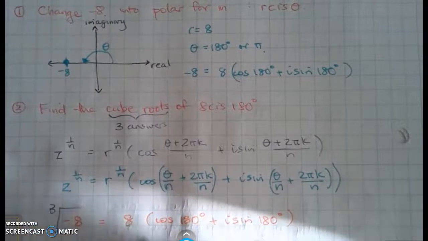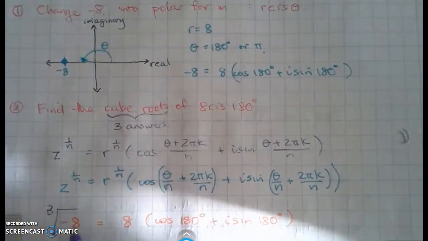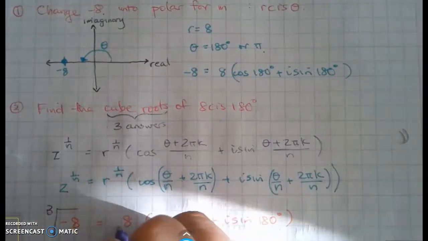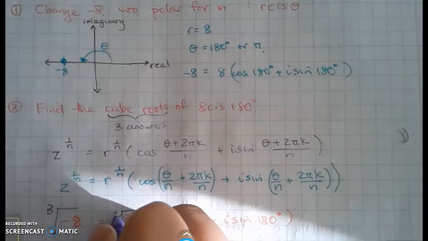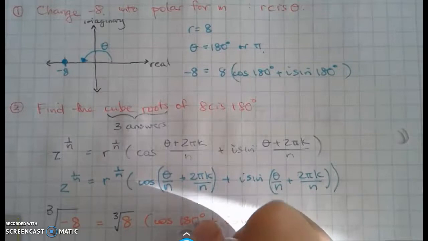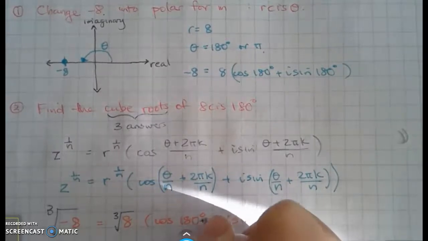I'm taking the third root, and that means according to this rule, I need to take a cube root of this number. So I'm taking a cube root of 8, and then I need to add 2